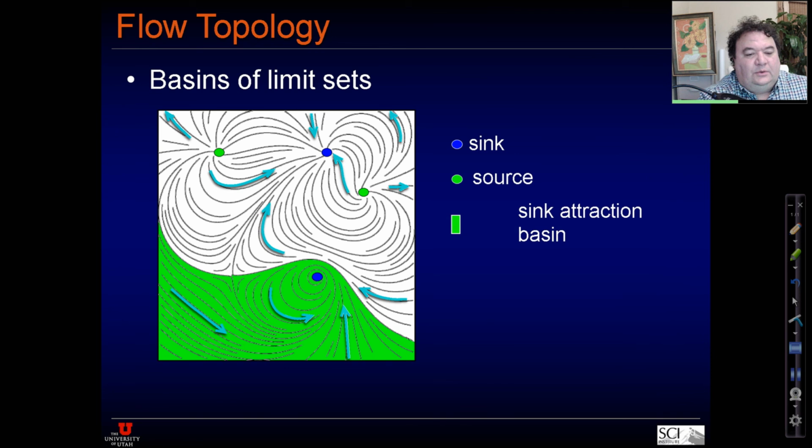So we can look at classifying entire regions based, for example, on having a common sink. In this case, we see the green region. We look at this particular sink and at all the streamlines. They have the common limit set. This entire bundle we could call a basin, where all the streamlines have the same limit set, and they all end up in this particular sink. And so here we need much less information. We could really get rid of a lot of the lines, since it's clear where things are